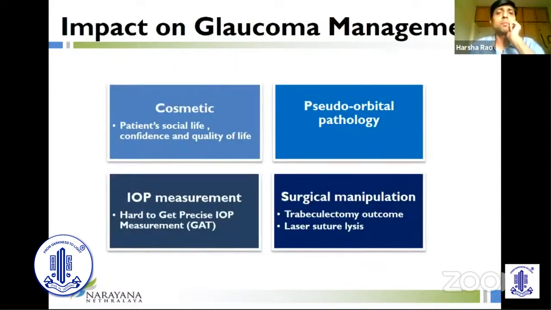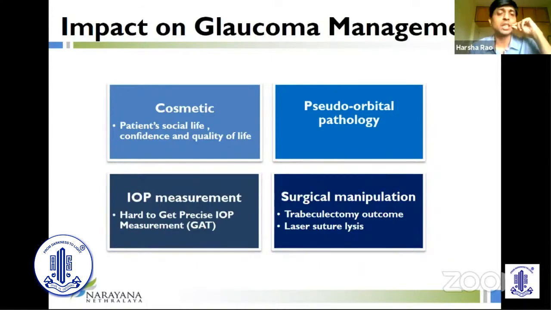Now, what's the impact of PAP on glaucoma management? One is the cosmetic influence of this. This can affect patients' social life, confidence, quality of life, especially if the prostaglandin analog is prescribed to one eye. This, in the long term, can affect adherence as well. The other one is the periorbital pathology which is associated with it, which may require some management as well if